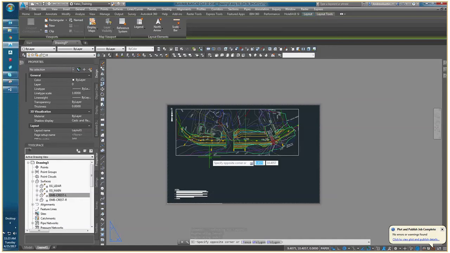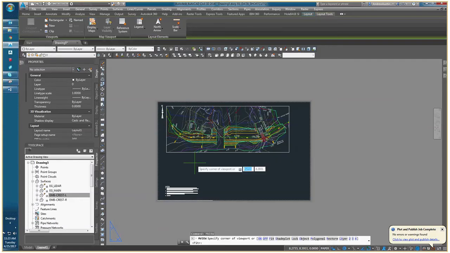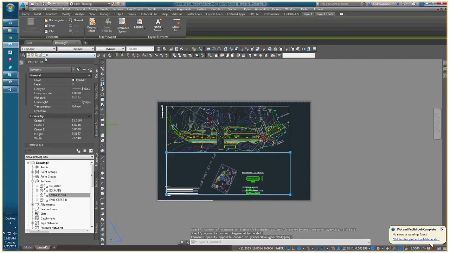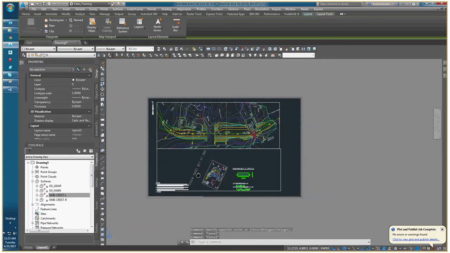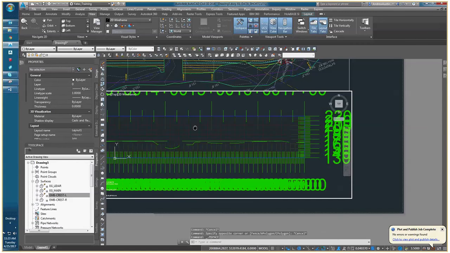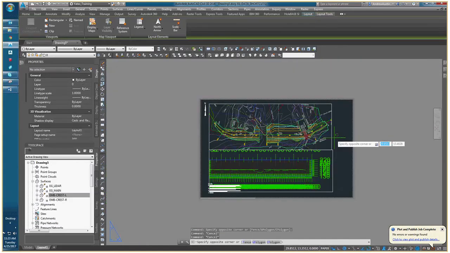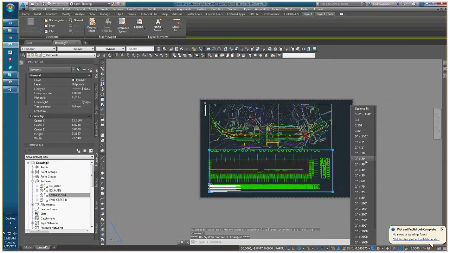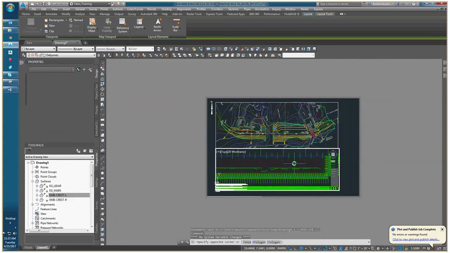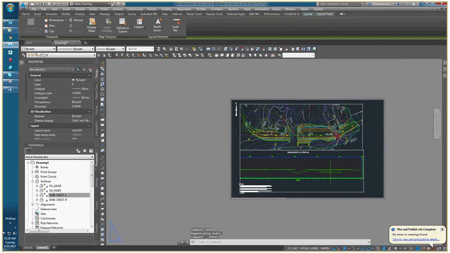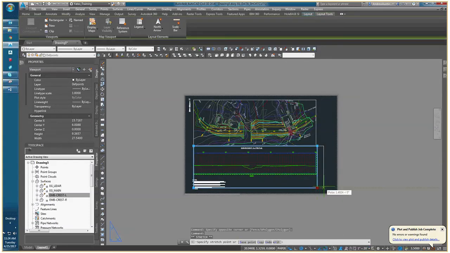I am going to go and create another MView for our profile view. We'll put that on the def points layer as well. And we'll zoom in on this puppy, and then let's see, we chose 1 to 20 for our top view. We could choose 1 to 20 for this one as well and see how it looks. This may be a little bit big for this sheet at 1 to 20